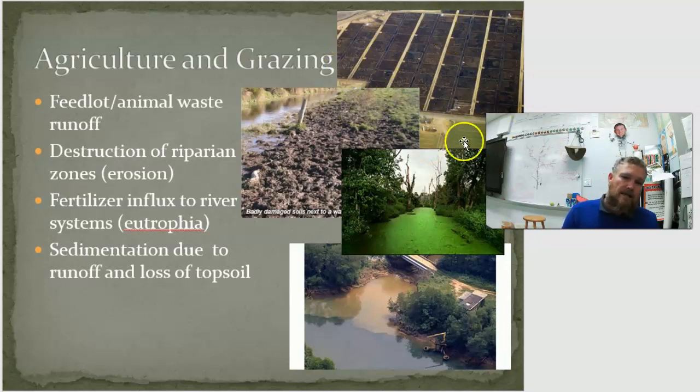And when it rains in these areas, that water runs off with a lot of cow feces in it, or cow manure in it. Cow manure is great fertilizer, so as it gets into the streams, then it causes algal blooms in the streams, and all sorts of issues happen, much like the dead zone down in the Gulf. So this second point here is destruction of riparian zones. Riparian zones are the areas next to rivers, and we didn't talk about that, but